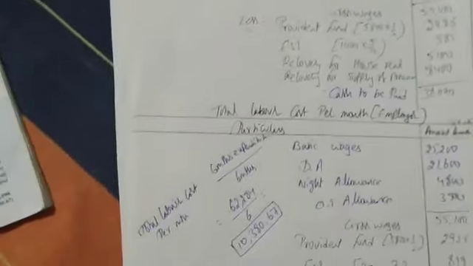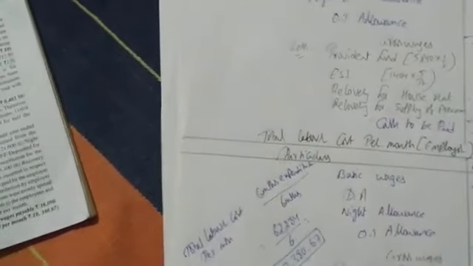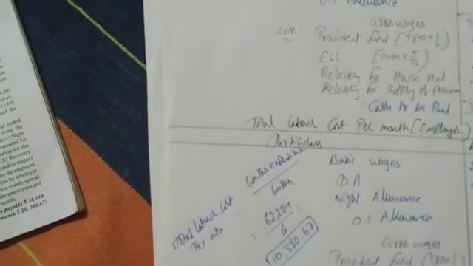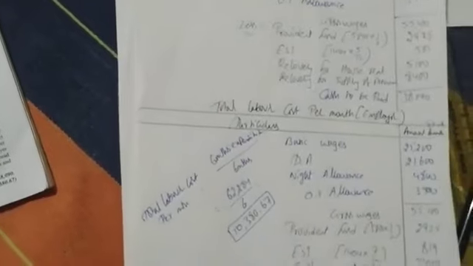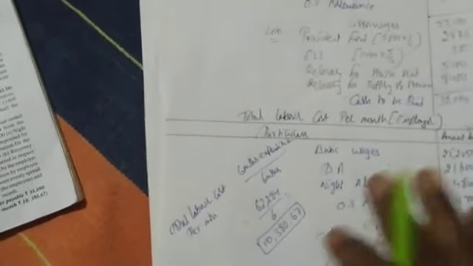Page number is C13, 12th one. One more problem we will do and wind up this chapter. Mostly he is asking labor incentive schemes, Halsey, Rowan. That may be asked for 4 marks. Till now he did not ask, but maybe there are chances, we can't say, right? That's why we are doing some problems on this also. We don't want to take a risk.